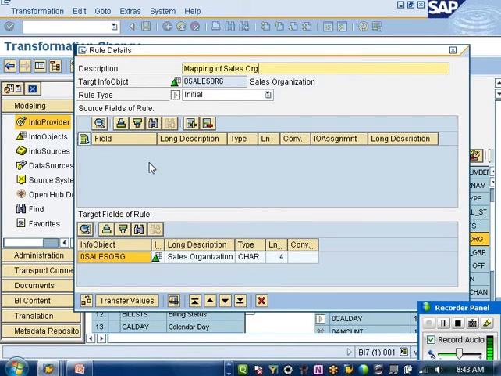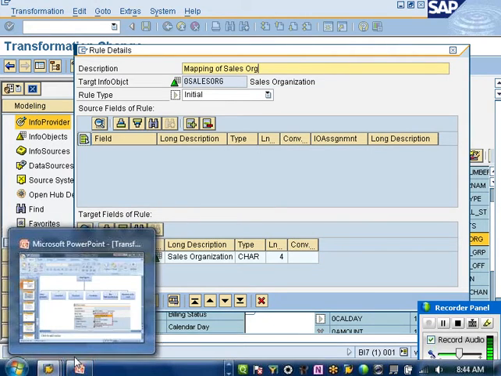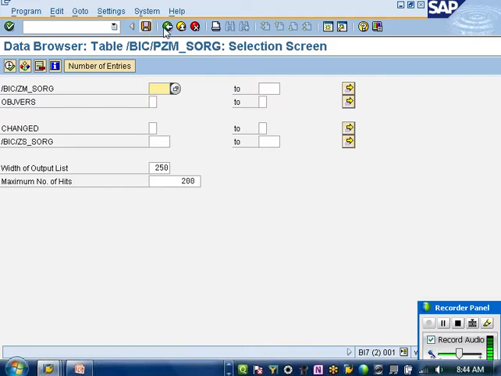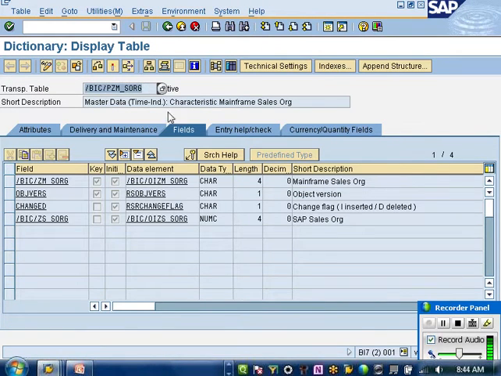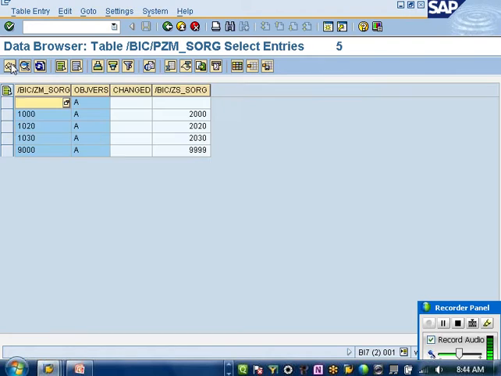I want to implement this logic for the sales org, what we implemented in 3.x removal, the replacement of the sales org. From the source, I'm getting the old sales org, and I would like to replace them with the new ones. And which is the table? This P table is giving me what is the old one and what is the new one. For each of this old one, you know what is the new value to be replaced. So based on the incoming sales org, I must read data from this table, pick up the new one and feed that into my queue. 3.x range is now same thing I want to do it.